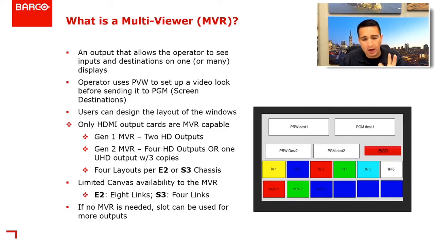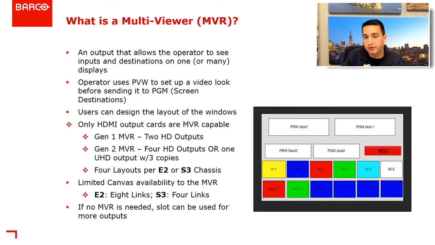We have the third output type that we don't really consider an output type, but some people do, so we'll call it the third output type, and that's the multi-viewer. And a multi-viewer is an output that allows the operator to see all of their inputs and destinations on one or many displays. In fact, when we talk about one or many displays, depending on the card that you utilize for your multi-view, like if you use a Gen 1 HDMI card, you have 2 HD outputs, 2 discrete HD multi-viewers. Or if you use a Gen 2 multi-viewer card, you have up to 4 discrete HD multi-viewers